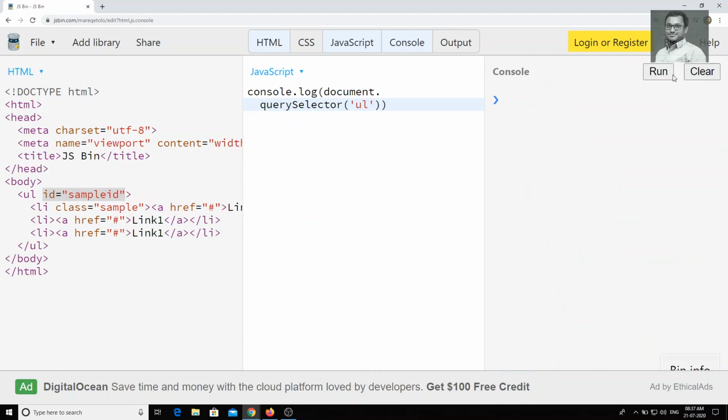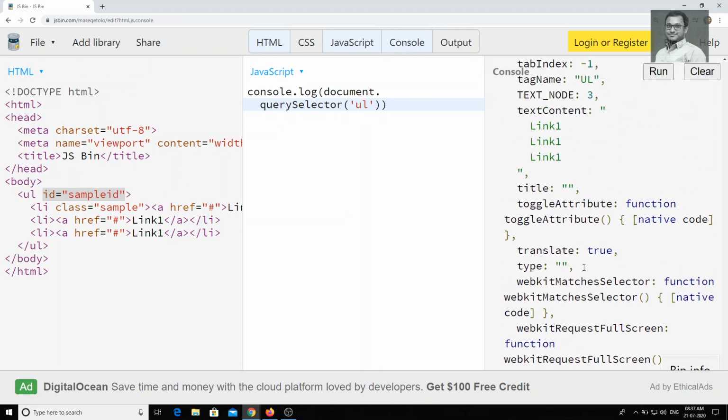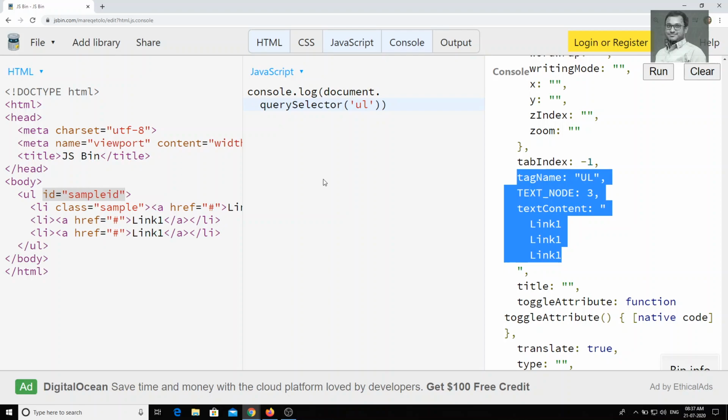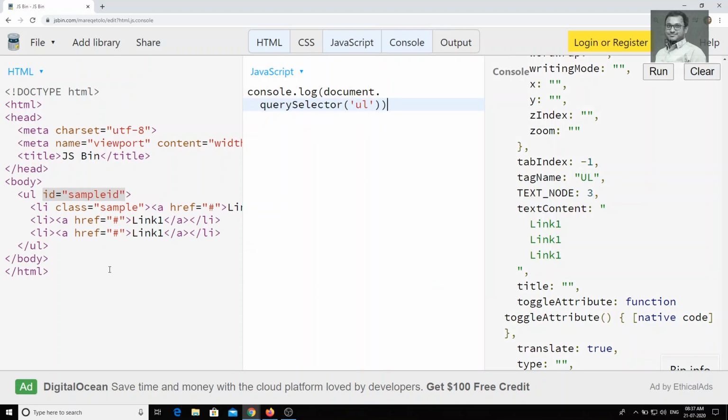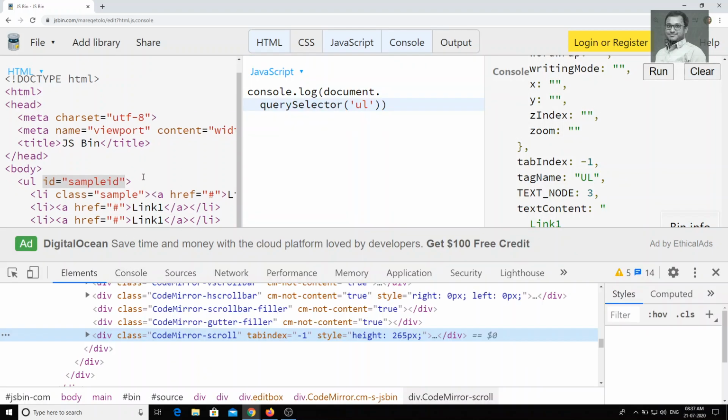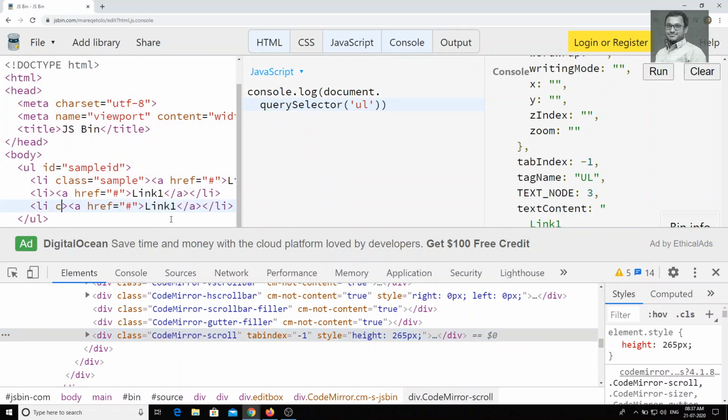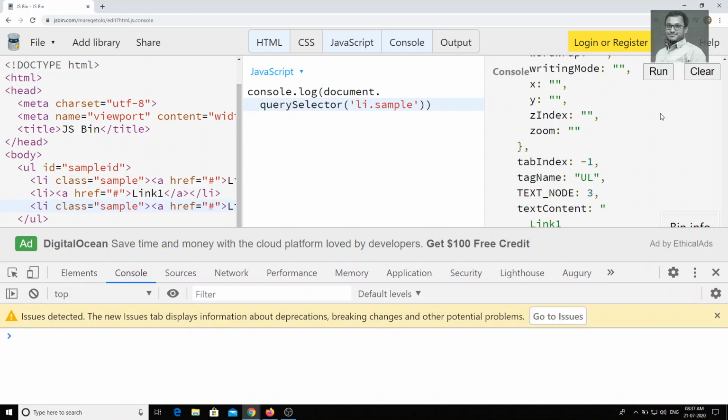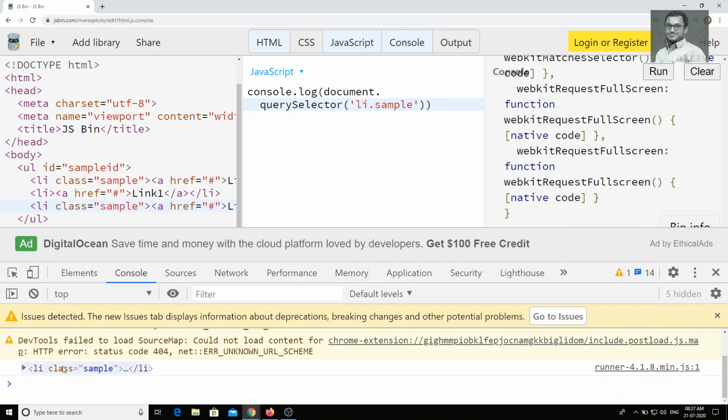So you can get UL with the tag name. Also, one thing: if you have two Li's with the class sample and I want to get the Li with the class sample, and I run it here, I will get only one.